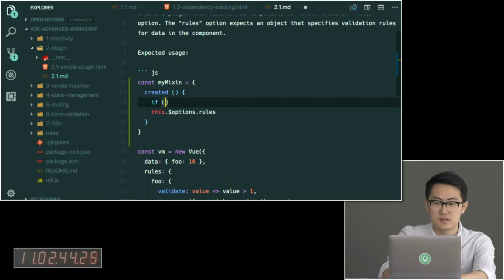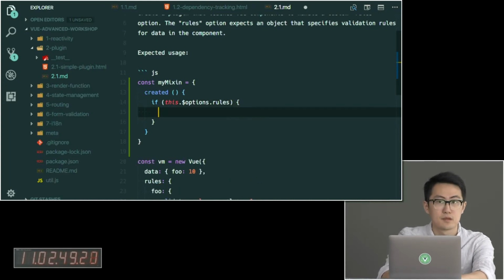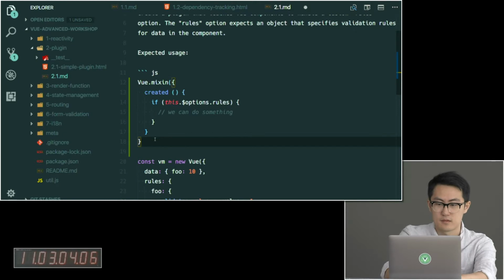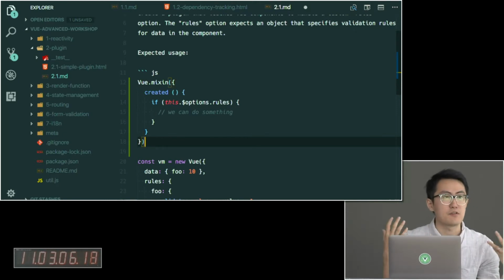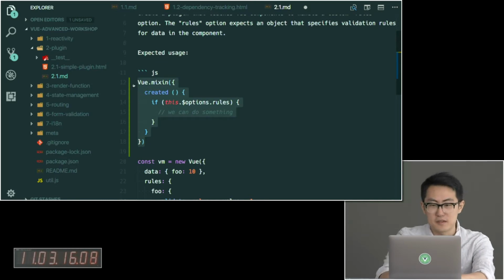And what we can do inside this mixin is check for the existence of this custom rule. If this rule exists, we can do something about it, right? And going further, if we apply this mixin globally, we've essentially taught every Vue instance how to deal with this custom rules option, all right? And going one step further, if we take this global mixin operation and put it inside a plugin,